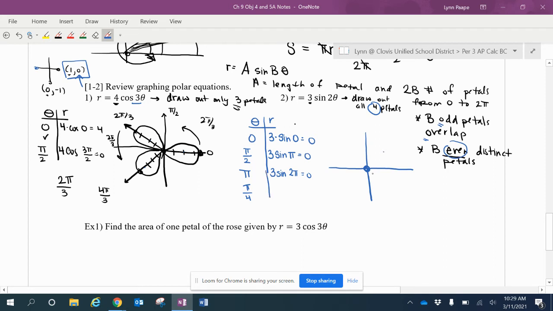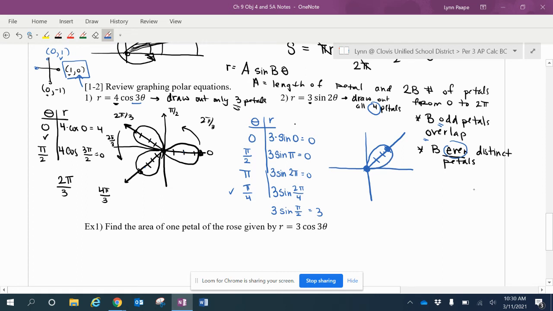Because plotting 0, 0 4 times is not going to be helpful. So then I'm going to just put in another special right triangle value. I'm going to just do pi over 4. So then I would get 3 times the sine of 2 pi over 4, and so that would be the sine of pi over 2. So pi over 2, that's up here, and that ordered pair is 0, 1. So that would be 3 times 1, which would be 3. So at pi over 4, that's like smack dab in the middle here, I'm going to go out 3 units, and then that gives me